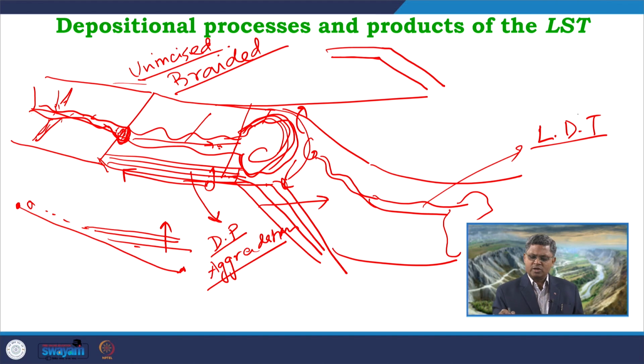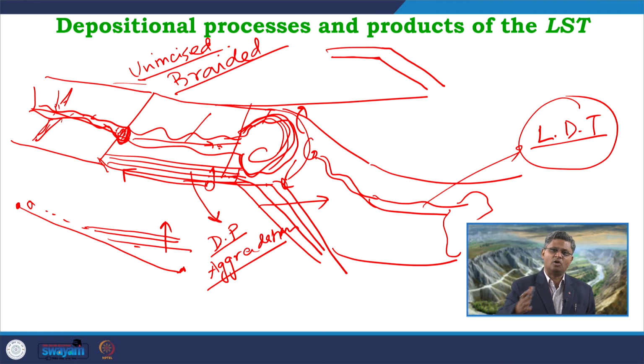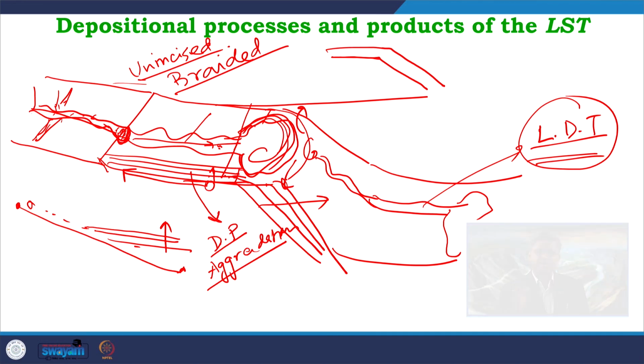So, if I look into this low density turbidite, we can start our discussion, a little bit detailed discussions on each of these aspects, and there we can start with these low density turbidites which are forming in the deep basinal part.